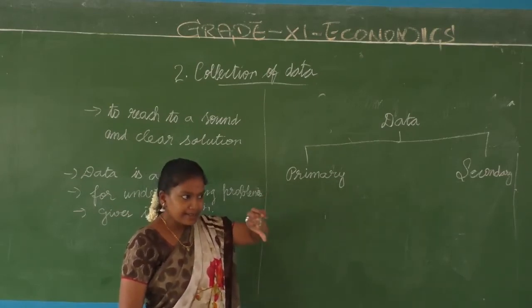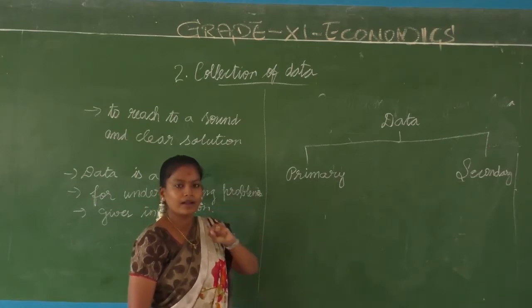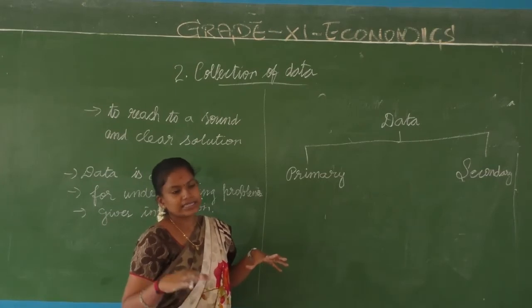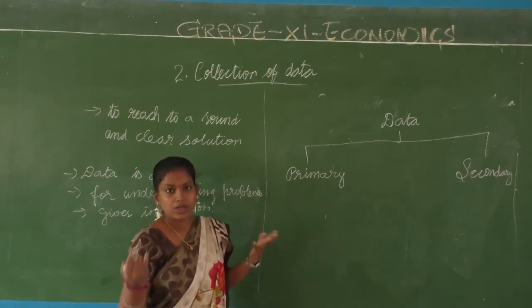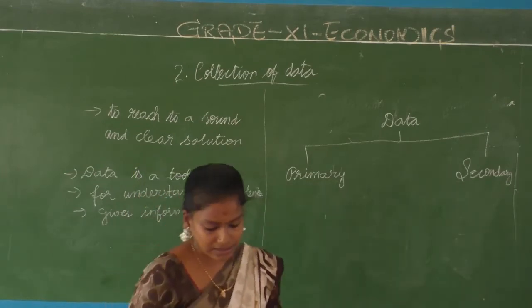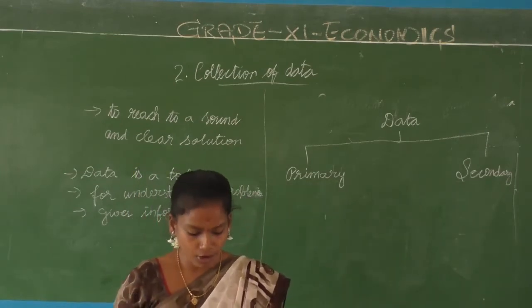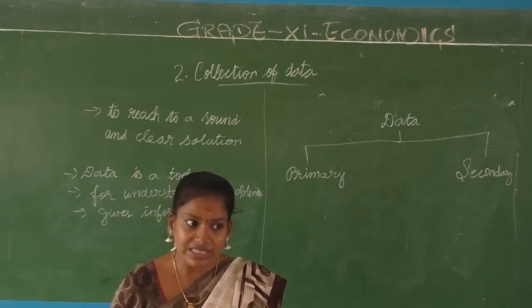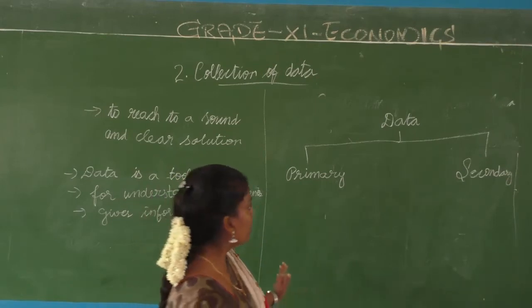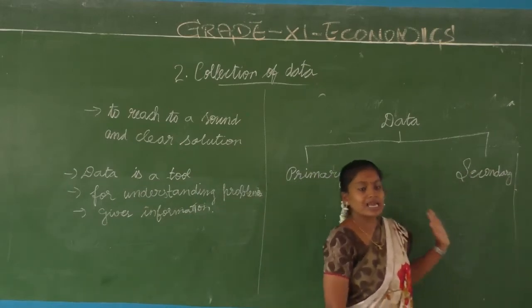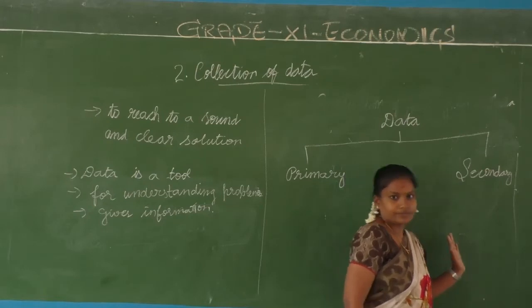I am getting the data right from you and then counting, out of 25 people, this many have attended the test and this many did not. So I am analyzing it. That is called primary data. I have collected and processed it directly from you. It is first-hand information. But when I pass the same information to higher authorities, it becomes secondary data.